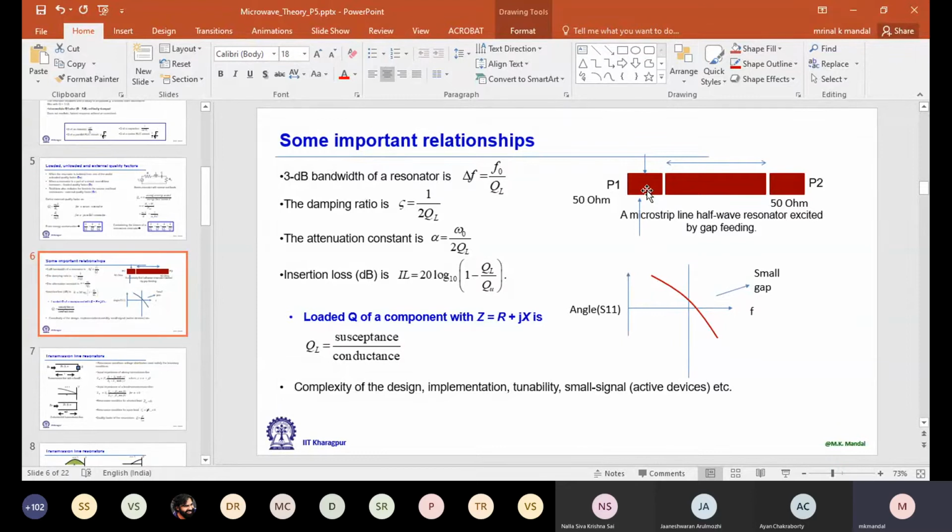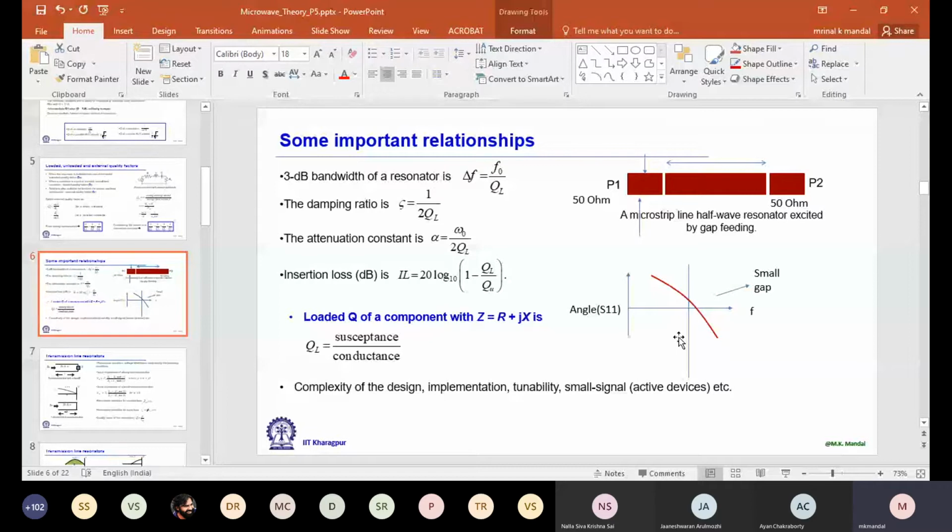So then what we can do, at the resonant frequency, is note down what the phase is. Let's say according to this plot, plus 30 degrees. Now go to the left side where it changes by 90 degrees. So plus 30 plus 90, 120 degrees. I note down the point on the left hand side. Similarly on the right side, 30 minus another 90, so it goes to minus 60. I note down the point. So it now gives F1, F2. This is the bandwidth. Use the same formula: F0 divided by this bandwidth will give you the external quality factor.